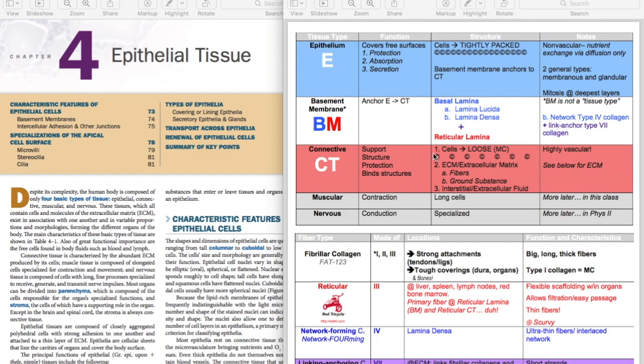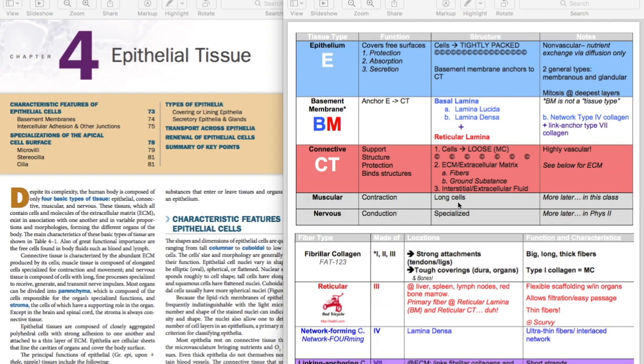So in connective tissue, you have 3 basic things: cells, extracellular matrix, which is a lot of things basically that makes it up. And then the third component of connective tissue is fluid, free fluid, interstitial fluid, extracellular, outside the cell fluid. Okay, tissue fluid. You should not have very much tissue fluid in the body, just a little bit. If you have a lot, then that can be indicative of any variety of pathologies, and we call it edema. So connective tissue, highly vascular,